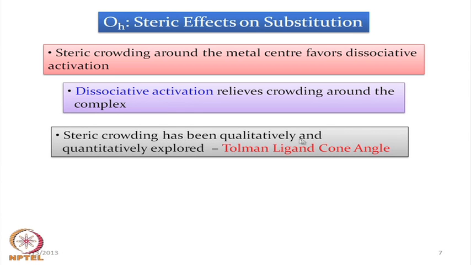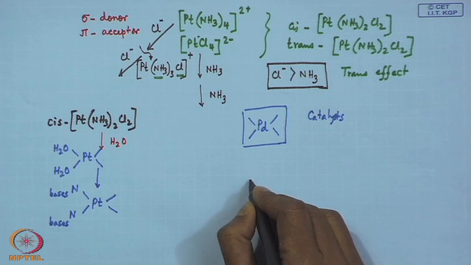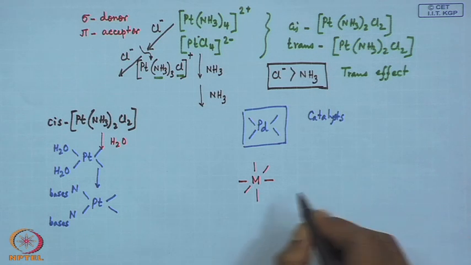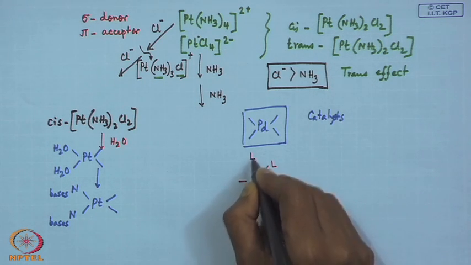So, steric crowding has been qualitatively and quantitatively explored. The steric crowding has some role to play for octahedral substitution reactions, and this substitution reaction basically controls the dissociative pathway, which has an important role for the different types of catalysts. What we have seen is that our catalyst can be this, or our catalyst can be based on octahedral geometry. So, how big the group L is there,